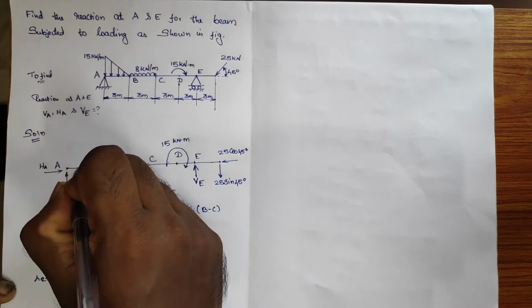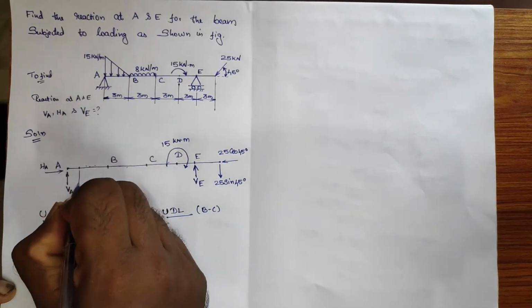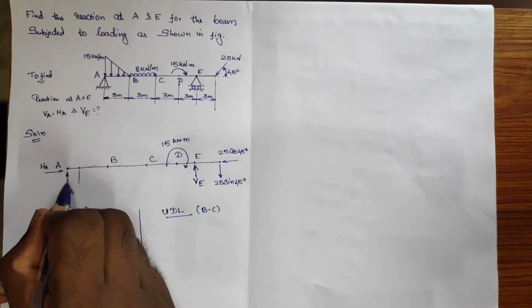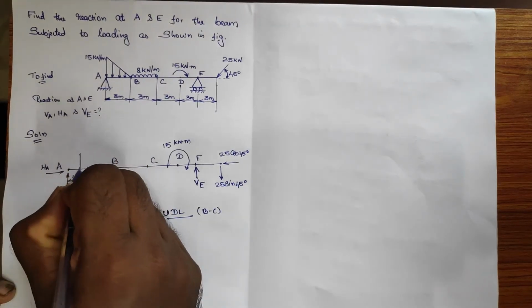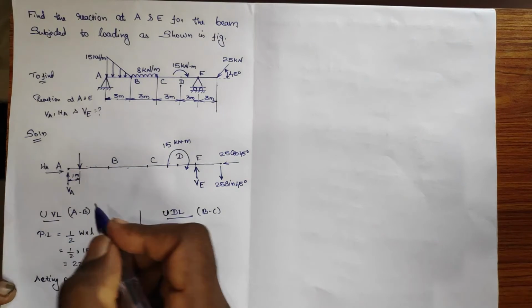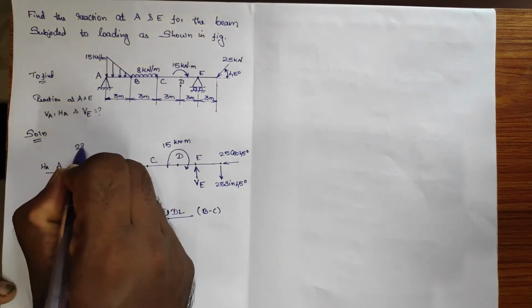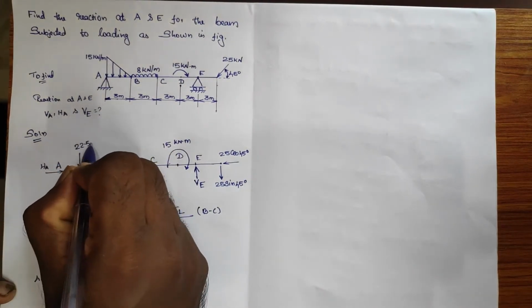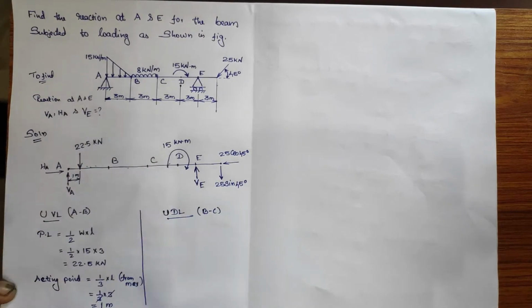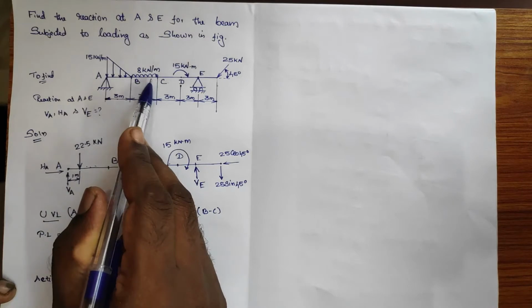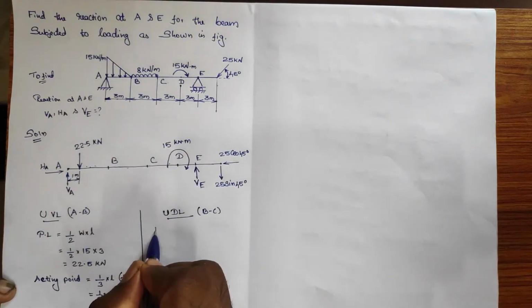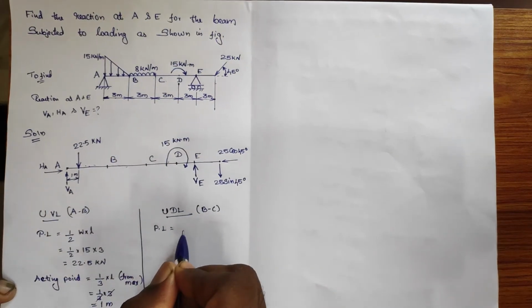So I am going to place it at 1 meter distance. This distance is 3. So at 1 meter distance I am going to place this load, which is 22.55 kilonewton, right? In a similar fashion we need to take it for the UDL. So the UDL, like a point load, can be converted by the formula